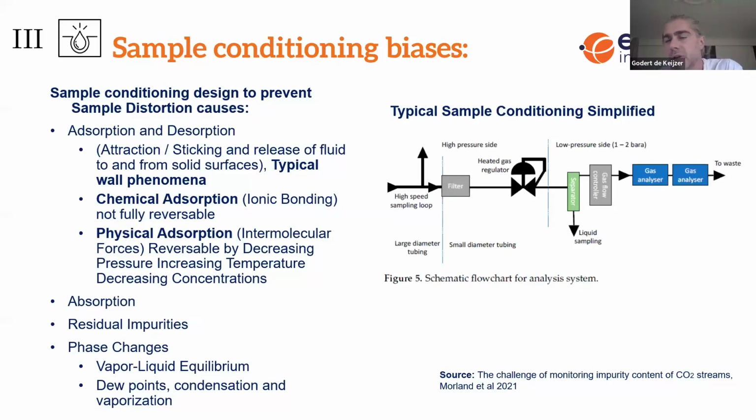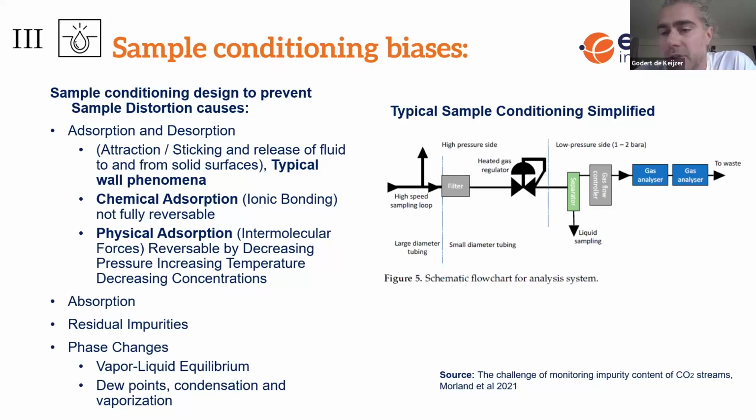And then the next phase is, all right, now you've got your sample, you're sending it through your piping or tubing. And if the idea is for an offline analysis, you bring it directly into a constant pressure cylinder. So you maintain it under the pressure of the line so that you can then, in lab conditions, take it apart and really get a full good idea of what is in that pipeline. But if you want to bring it to an analyzer, it's critical that you condition it properly.